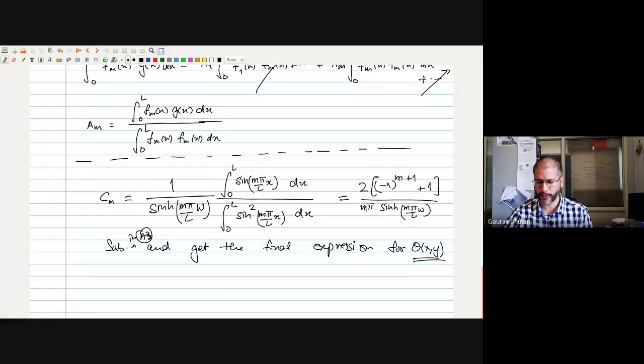So it alternates. For an even value of m, we get 0, and for an odd value of m we get something: 2 by 4 by m pi times the hyperbolic sine term. So when we substitute that, what we see in this case,